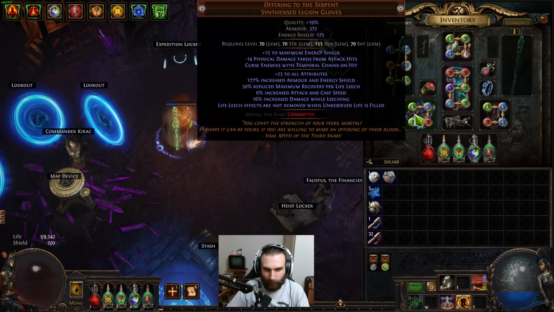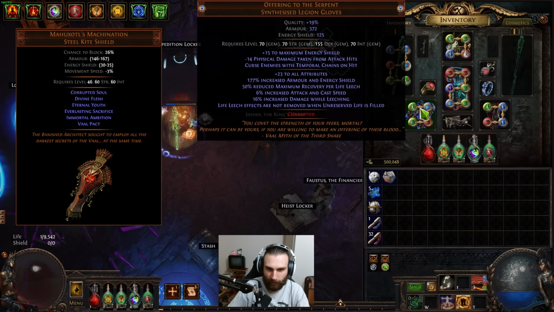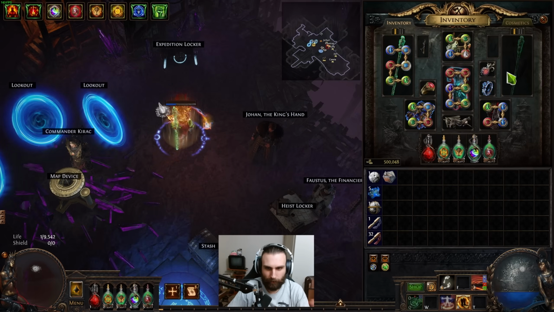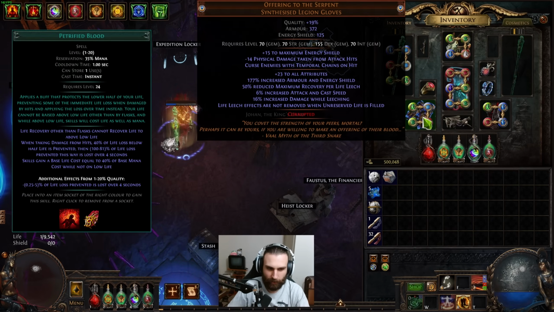These gloves are the only way to really do this. There is a Glorious Vanity Keystone that can do that, but we already have a Glorious Vanity on, so we can't do that. And then Macchiato's Shield has something that actually gives you that Keystone that I was talking about. But we don't want to use the shield. We're using the staff. And then also, you can kind of get a similar effect with Petrified Blood, where you